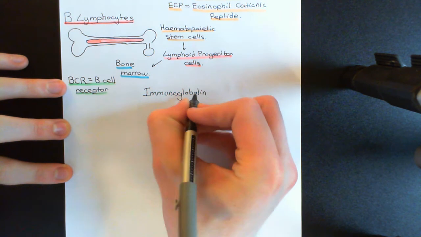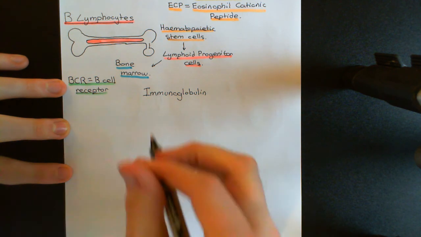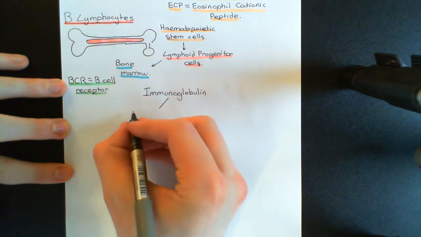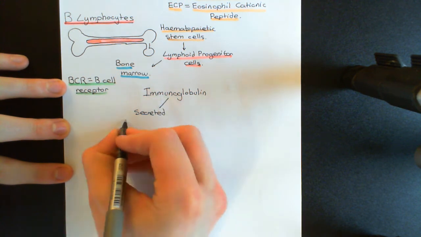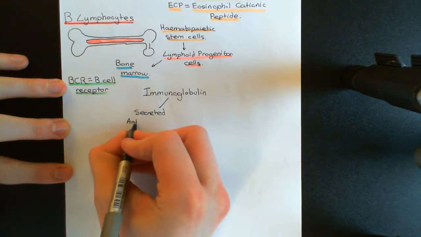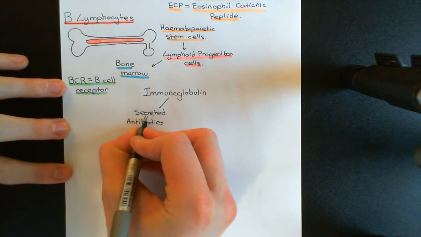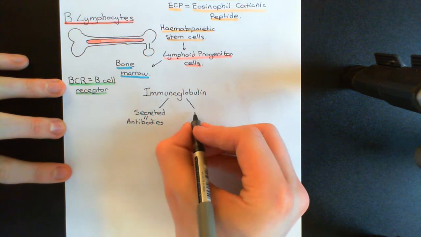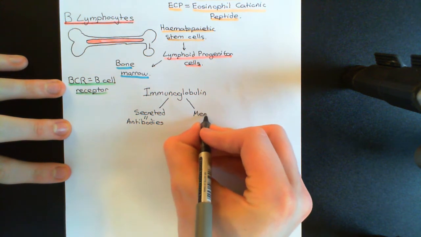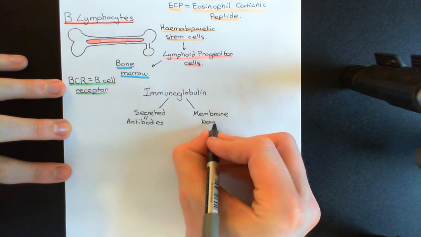Well, an immunoglobulin is a molecule that is associated with B cells, and there are two different forms of immunoglobulins. There is the secreted form, and this is what we would know as antibodies. So when we talk about antibodies, these are secreted immunoglobulin molecules. So secreted immunoglobulins are antibodies, whilst membrane-bound immunoglobulin molecules, these are what we would call B cell